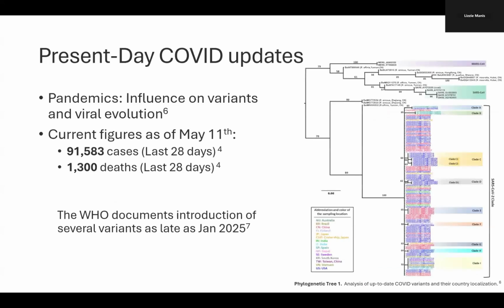However, these numbers have not decreased to zero. Regarding current updates, there are around 100,000 cases and 1,300 deaths in the last 28 days, which indicates that COVID is still an issue that needs to be addressed. Additionally, this